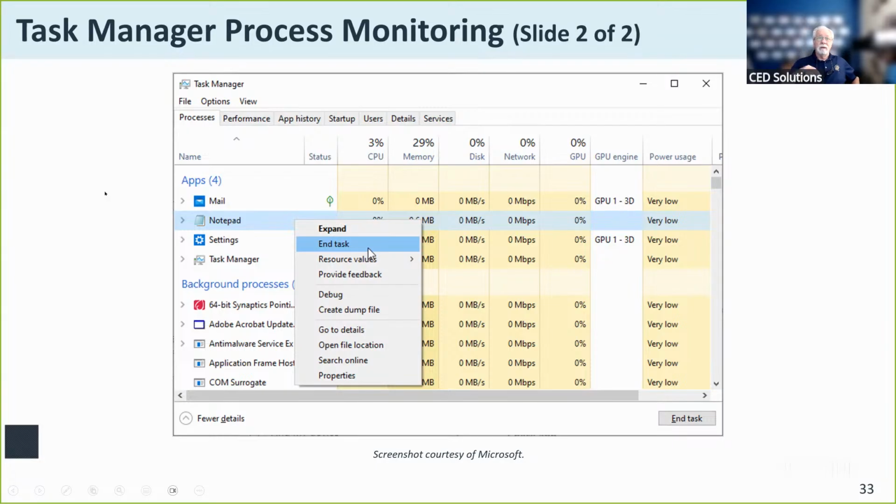It displays all the tasks that are running. You have different tabs up at the top here, which will show you different bits of information. I can look at all processes and tasks that are associated with specific users. The startup tab here, we didn't have the startup tab in previous versions of Windows. It was a completely different application. But this shows me tasks that I've got to run in the future.